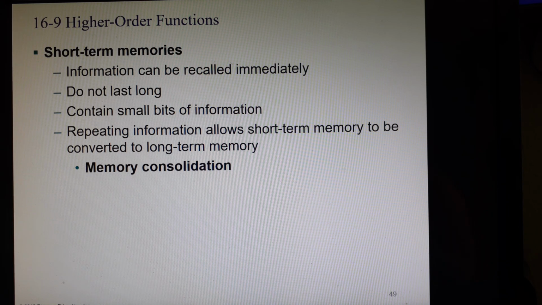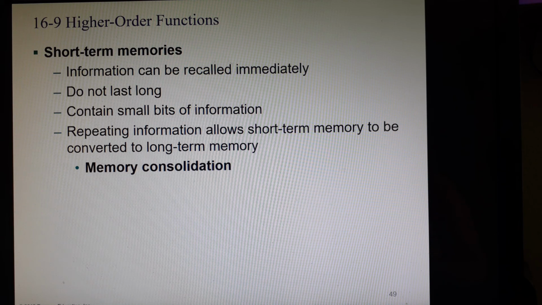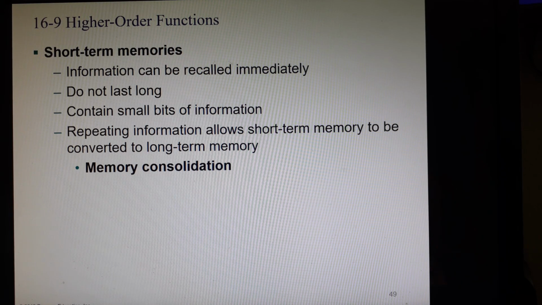Really strong emotions will cause you to move something from short-term memory to long-term memory very easily. For example, think about your best day you've ever had. Could have been your graduation day, your wedding day, the day your child was born, okay? Those strong emotions, a lot of details of that day are imprinted in your long-term memory. Also, now think about your worst day. Same thing applies, right? A lot of details moved over to long-term memory because of the strong negative emotions that you associate with that event. So really strong emotion, repetition, and relation will all help you consolidate memories and move them over from short-term to